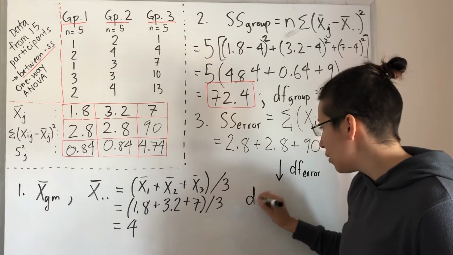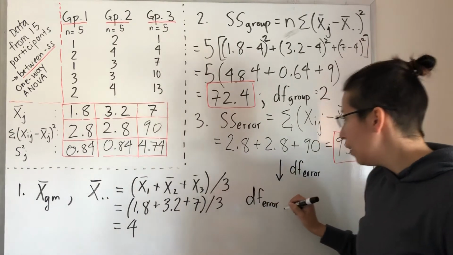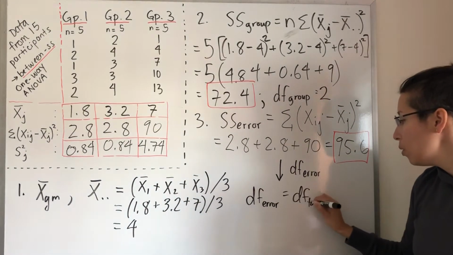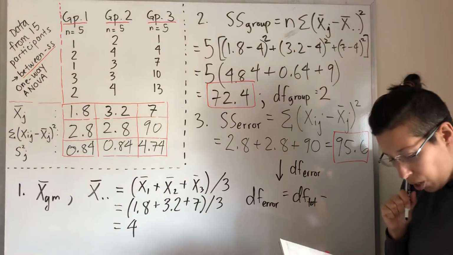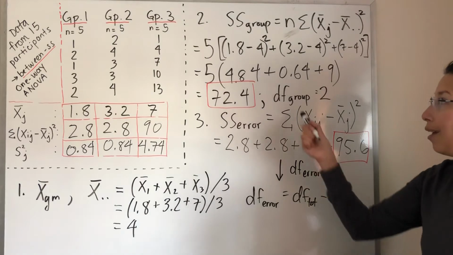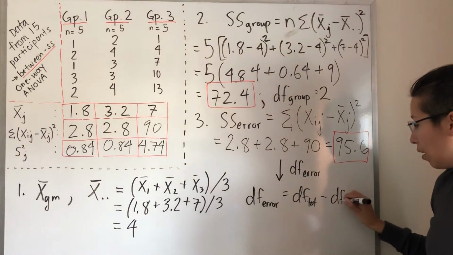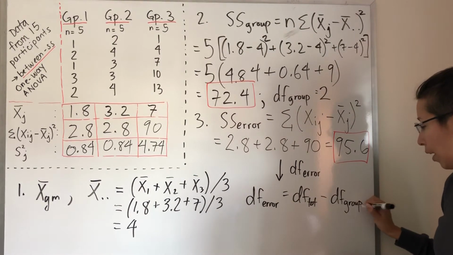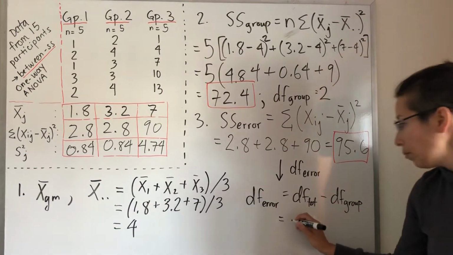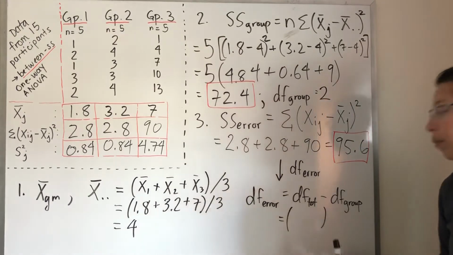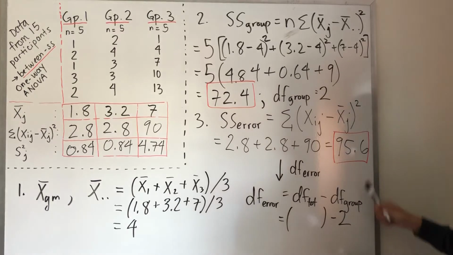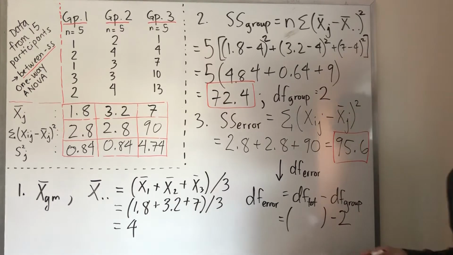So the degrees of freedom error, it's going to divide this number, can be the degrees of freedom total minus the degrees of freedom of the group. So there's a kind of a fancy way to do that. So the degrees of freedom total we need to figure what that is, but it's simple enough that we don't have to do a separate calculation. Minus the 2, that is the degrees of freedom group from here. This is getting very messy, but